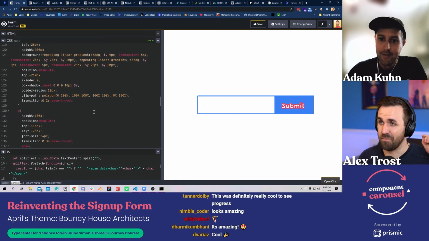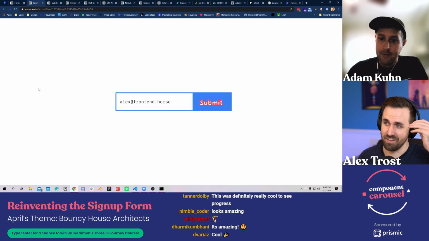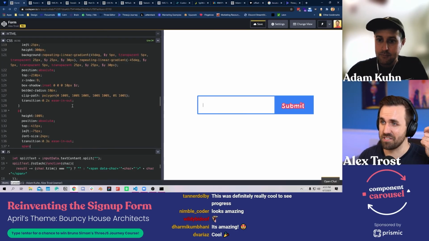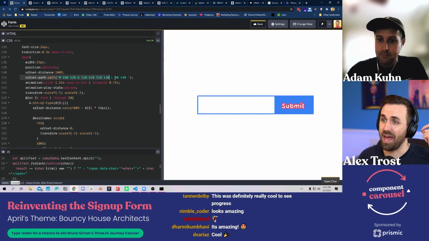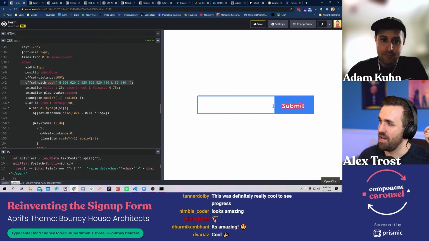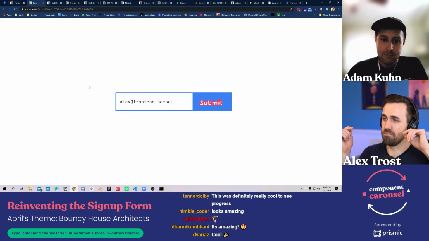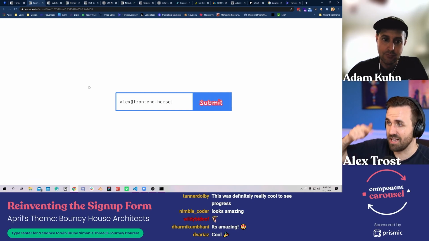Got it. And the main thing, I think, is how the heck are we doing that? We are putting all of these spans on a path that has this shape. I'm going to trace it with my mouse, people. It goes horizontal, and then it makes a J swoop. So that's the shape of the path. Right now, all of these are completely at the end of the path. As soon as we hit submit, they all start to slide towards the beginning of the path, which is actually the bottom of the slide.